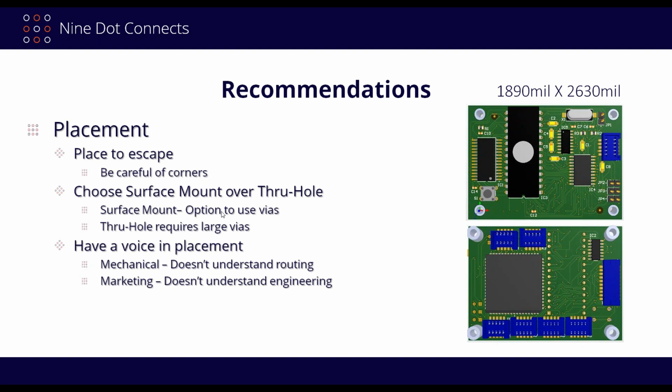What's interesting about surface mounts is that we have the option to use vias. And that's a nice thing because vias actually do cause a lot of hassle, not only in terms of the real estate on the layer you're on, but also on the other layers that you're working on as well. Secondly, if you do have to use a via, more than likely the via is not going to be that large, right? In comparison to a through hole, where